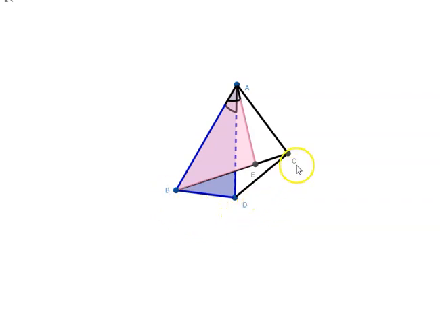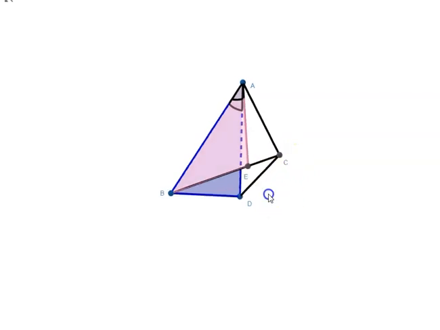So that means BD plus DC is greater than BC, which can be written as BD plus DC is greater than BE plus EC. But BD is equal to BE, the way we constructed it. So that means since BD plus DC is greater than BE plus EC and BD is equal to BE, we can say CD is greater than CE, which means that angle